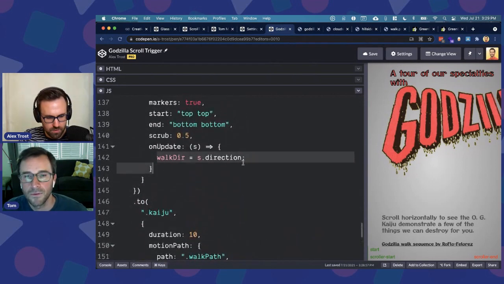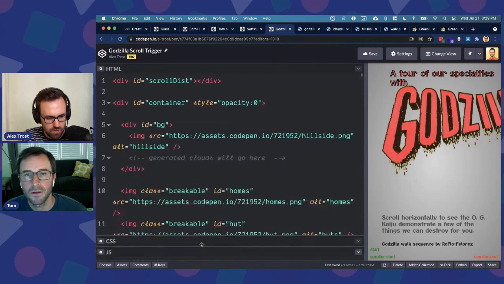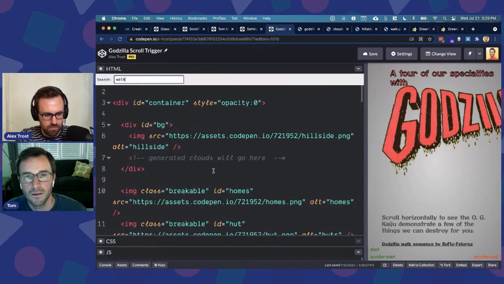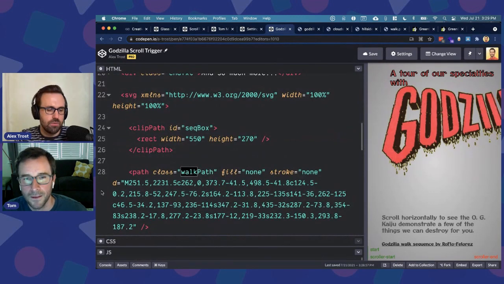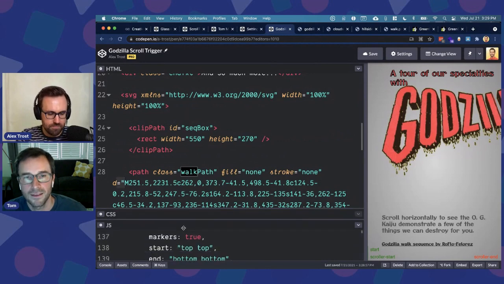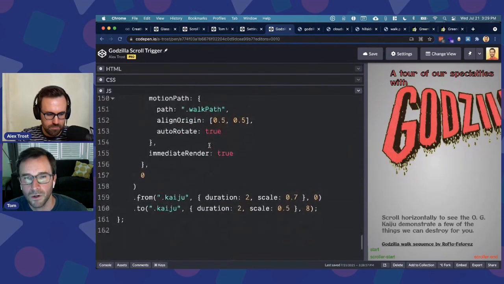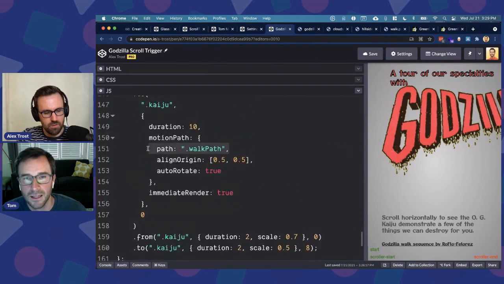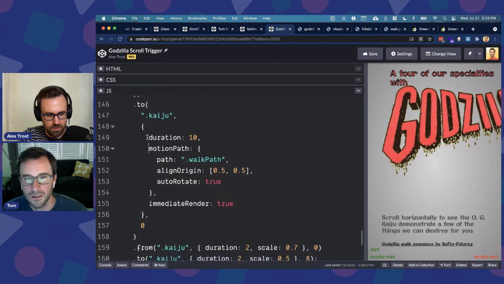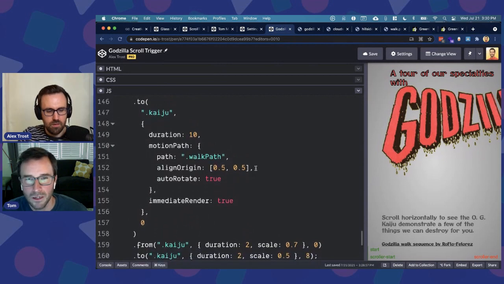Hop into the HTML. Yeah, you can see walk path. There you go. That's the actual path that we're going to walk on. Then we're giving it an align origin, so it puts it right in the middle. And then we're also giving it the auto rotate, which handles